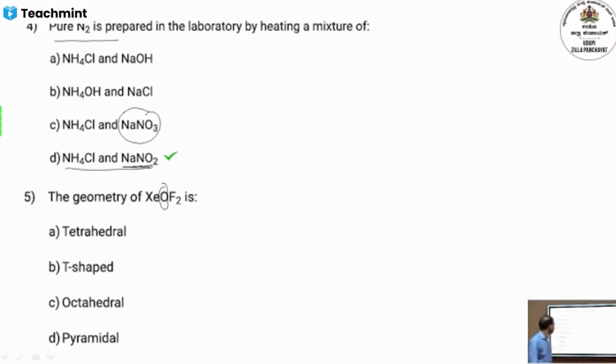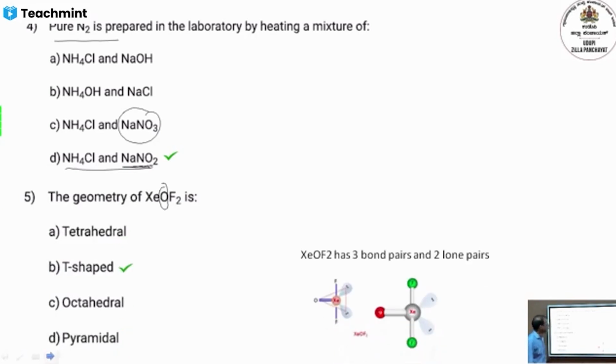Here, if you look into the molecule, the shape is T-shape, and the reason for that is xenon has 2 lone pairs of electrons, and then it is bonded with 2 fluorine atoms and 1 oxygen, and therefore there are 2 bond pairs with the fluorine and 1 bond pair with the oxygen, so total 3 bond pairs. And 2 lone pairs, total 5 pairs. And therefore,